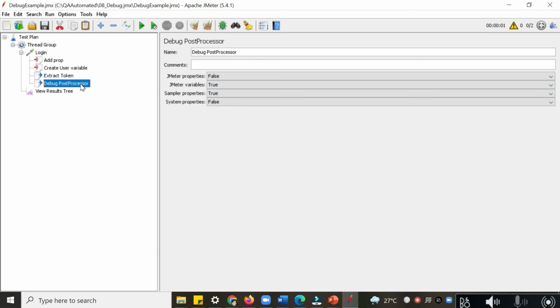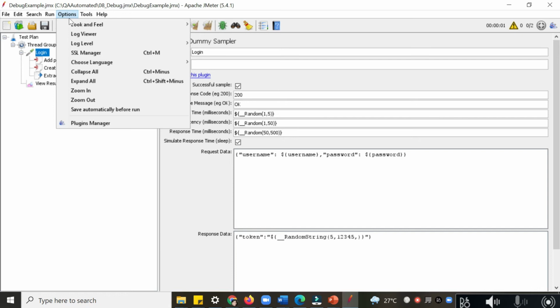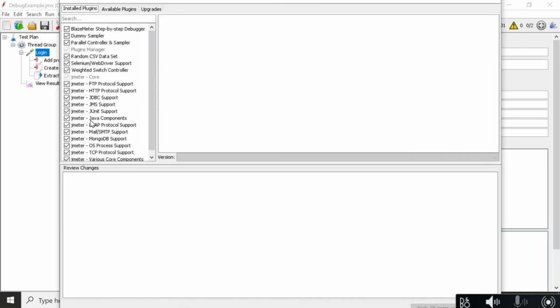Okay, so I'm removing this and we are checking the step-by-step debugger. You will not see it here directly. To get that, you need to open your plugin manager. If you don't have the plugin manager, you need to add the plugin manager jar in your lib/ext folder, and then you will be able to see it when you restart JMeter.